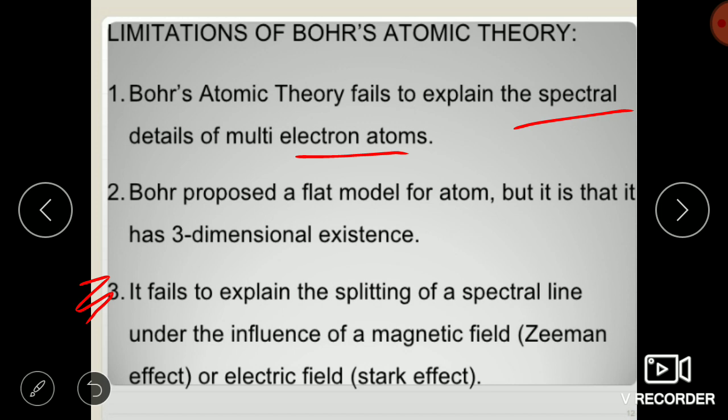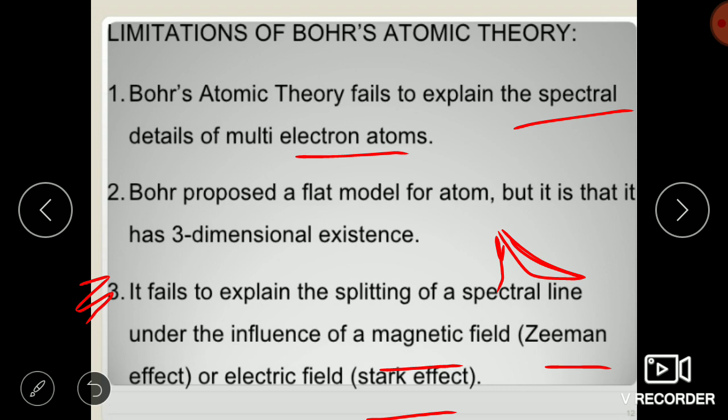Okay, they get divided under the influence of magnetic field or under the influence of electric field. So that is called splitting. Splitting means one line, one ray is coming and it will split up, it will break down. So if this splitting happens under a magnetic field, it is called Zeeman effect. And if the splitting of the radiation or spectral line occurs under an electric field, it is known as Stark effect. So one more question sometimes comes, what is Zeeman effect and what is Stark effect?